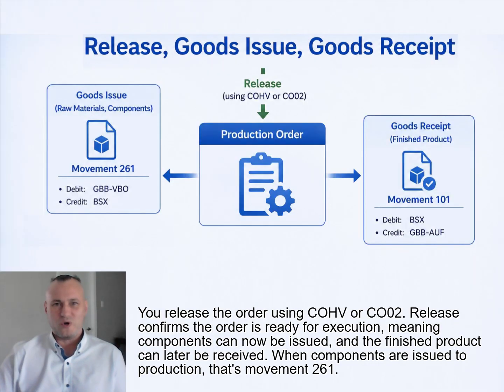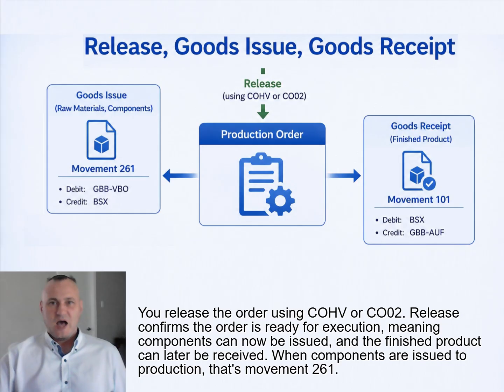You release the order using the COHV or CO02 transaction. A release confirms the order is ready for execution, meaning components can now be issued and the finished product can later be received. When components are issued to production, that's movement